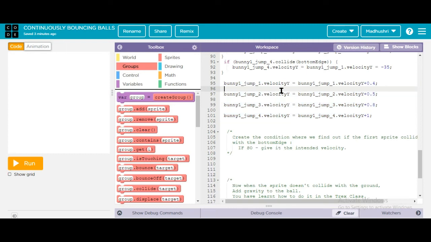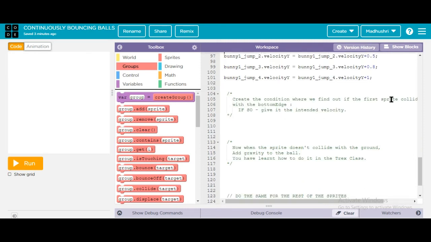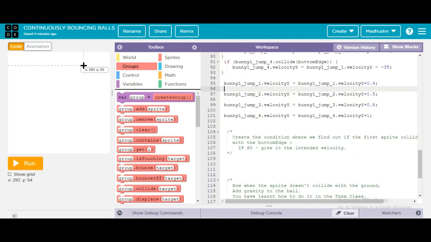So bunny1 dot velocity y is equal to bunny1 dot velocity y plus 0.4. Do you know what plus means? Minus means it's going up, plus means it should come down. So for that also we have to give a velocity.